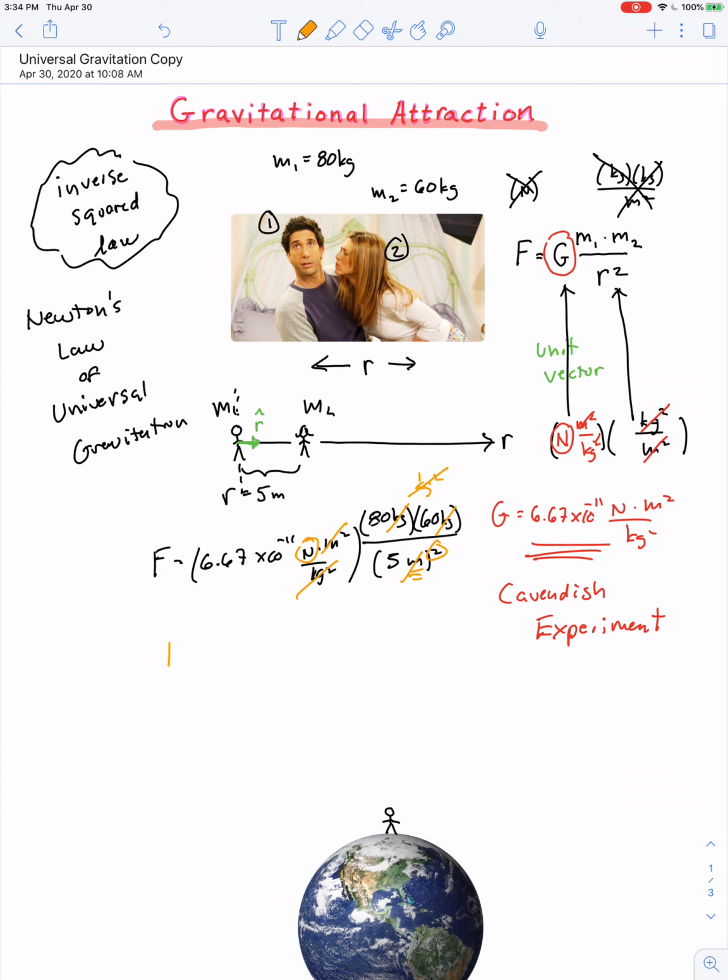So I got a force of 1.3 times 10 to the negative 8th. That's tremendously small. And that's generally the case. The force of gravity is the weakest of all the fundamental forces in our universe. Recall all the fundamental forces: gravity,